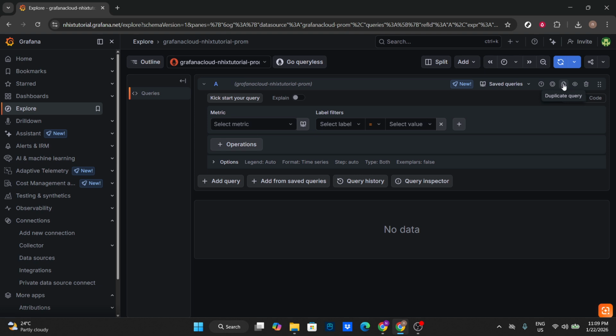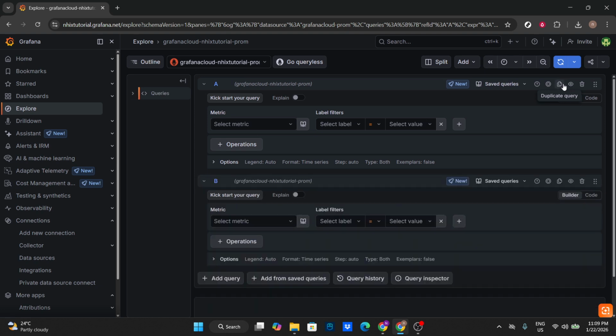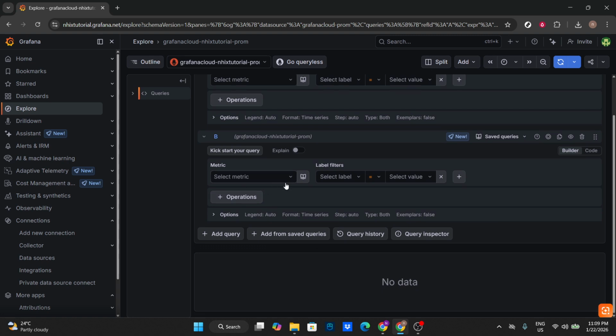Instantly, Grafana creates a new query right below the original, usually with a new reference ID such as B. The duplicate carries over the original data source, expression, and options, so both are ready to run and compare without rebuilding anything. From here, you can adjust the duplicated query's expression, labels, or time options to compare outcomes side by side. This is especially useful for trying alternate filters, switching between instant and range queries, or validating a change before